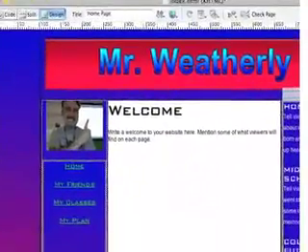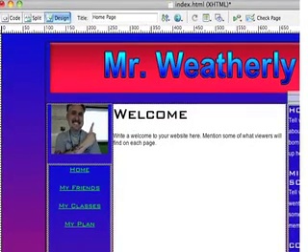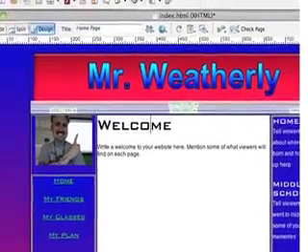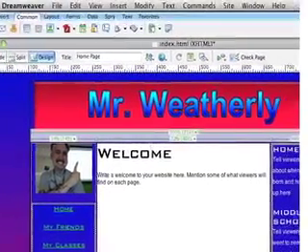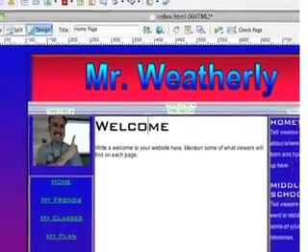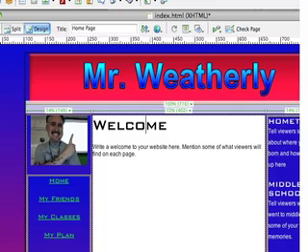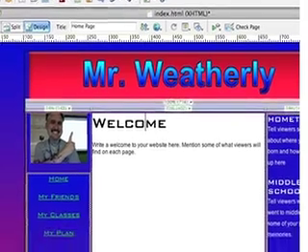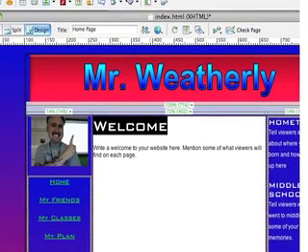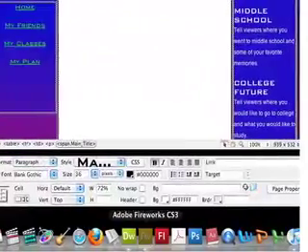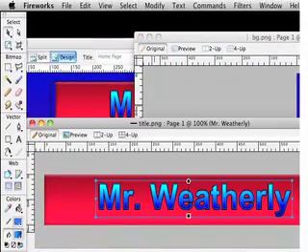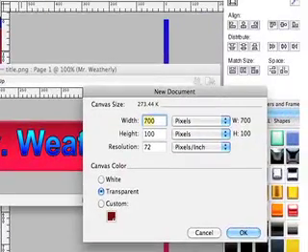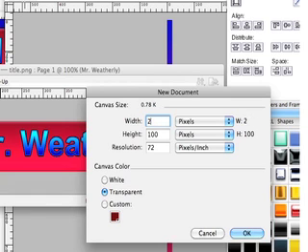This is already black and white text, that's working pretty good. What I could do next is this welcome right here, I could recreate to look similar to this and bring it also in as an image, and it would look more consistent. To make a title of this size, we go back into Fireworks and make a new file. This time, because it doesn't have to be anywhere near as big as the main title, it's only 250